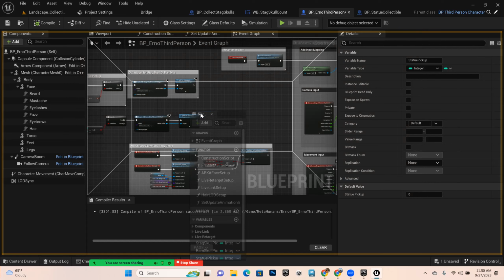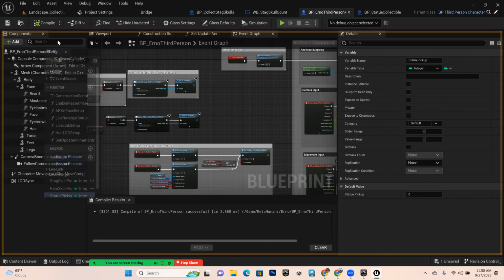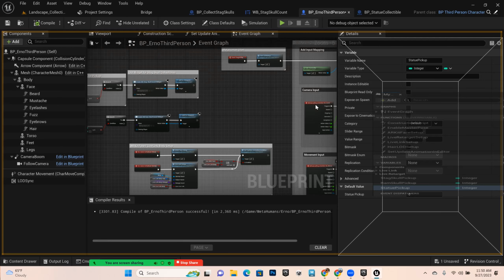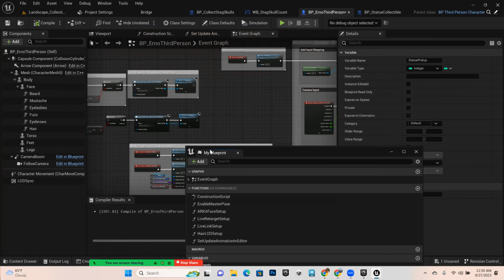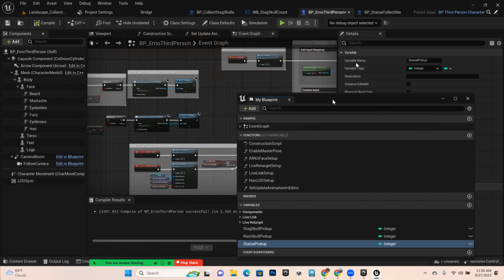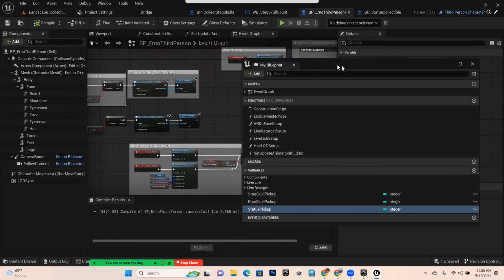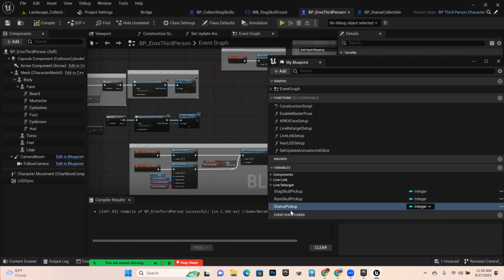I can place it in different places, and then I can dock it back again. And I could just make it floating like this. So now my blueprint is floating, and I can see my statue pickup integer variable along with